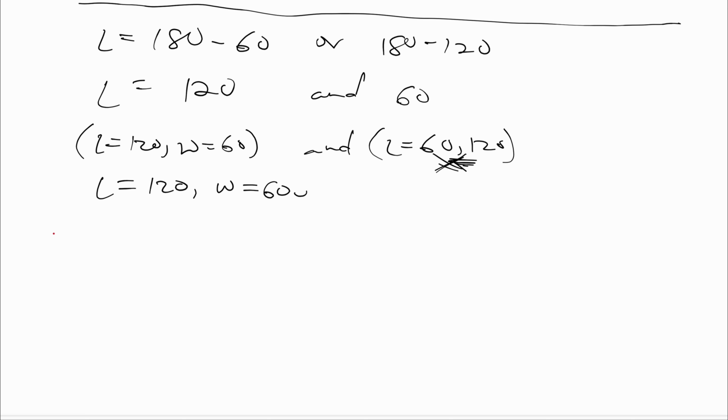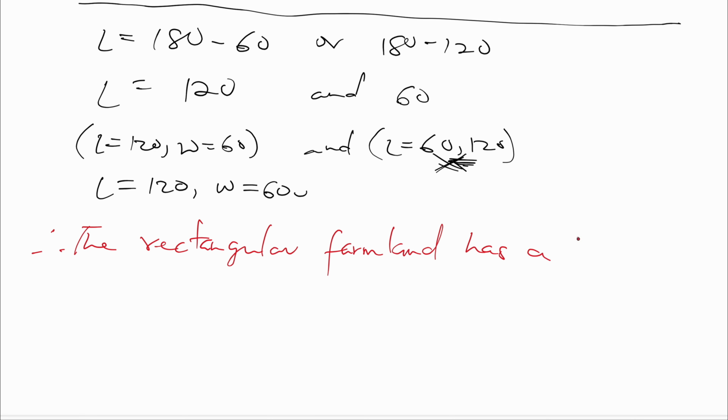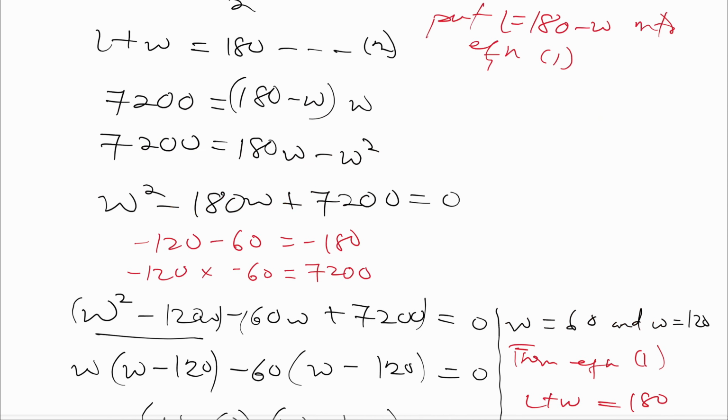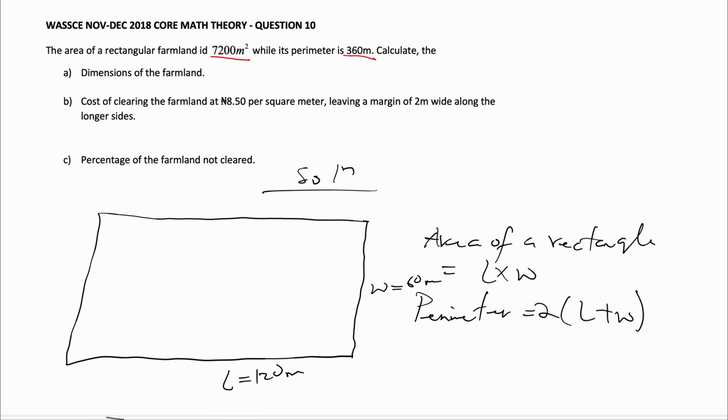Therefore, the rectangular farmland has a length of 120 meters and a width of 60 meters. All right, B says to find the cost of clearing the farmland at 80.50 naira per